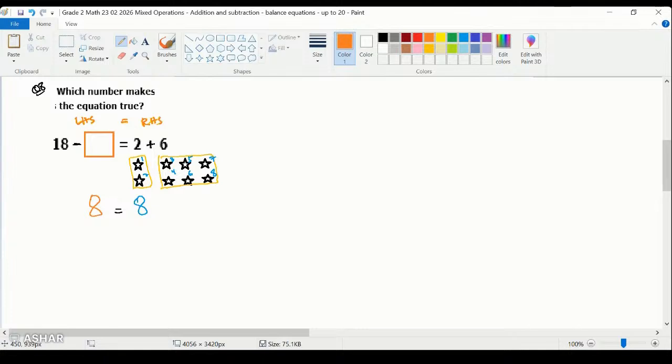So can we write 18 numbers? 1, 2, 3, 4, 5, 6, 7, 8, 9, 10, 11, 12, 13, 14, 15, 16, 17, 18. If we had 18 numbers, we subtract certain numbers from it. We don't know how many, but we need to go till 8. 1, 2, 3, 4, 5, 6, 7, 8, 9, and 10. That means from 18, if we subtract 10 numbers, we get,